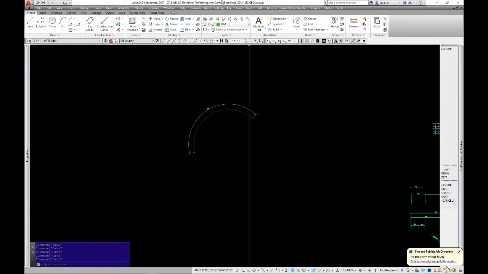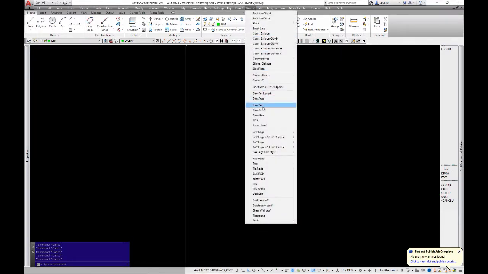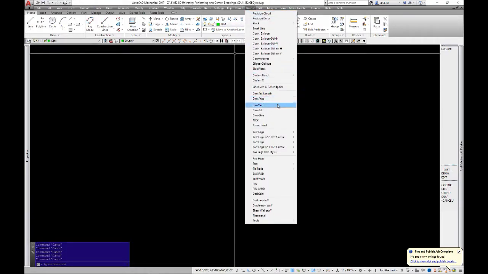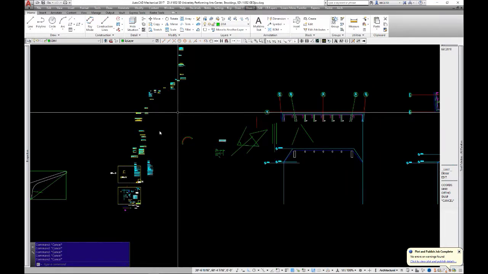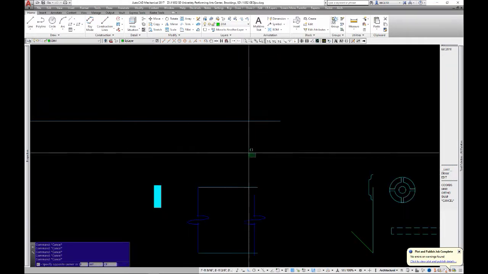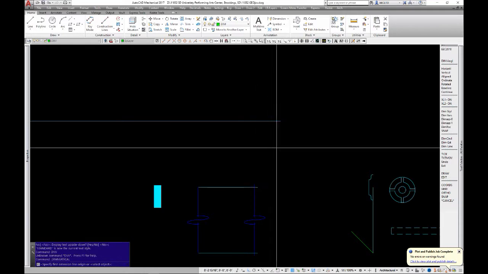Yeah, I don't know what this is, that's not applicable anymore. Probably be erased. When you are dimensioning something and